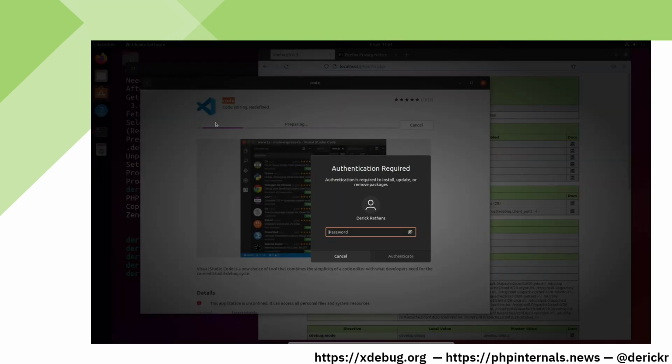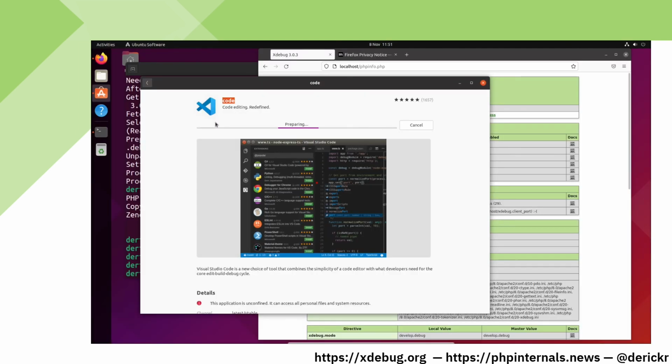It now asks for my password, which I enter. Now that it is installed, we start it so that we can install the PHP Debug plugin.